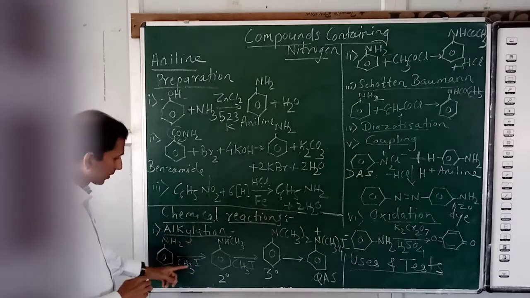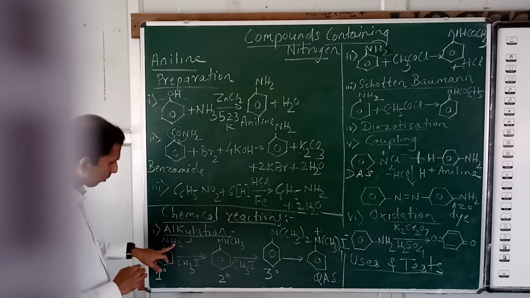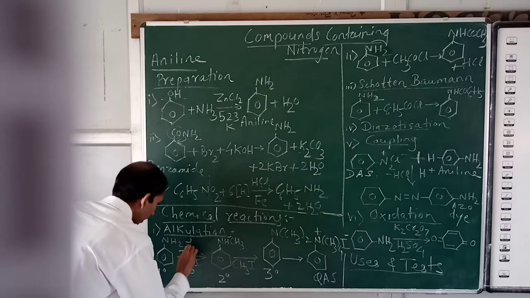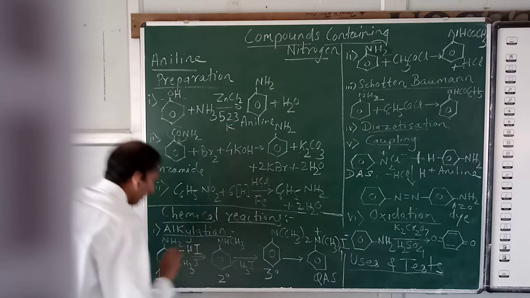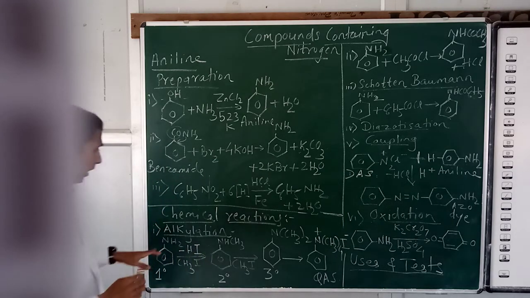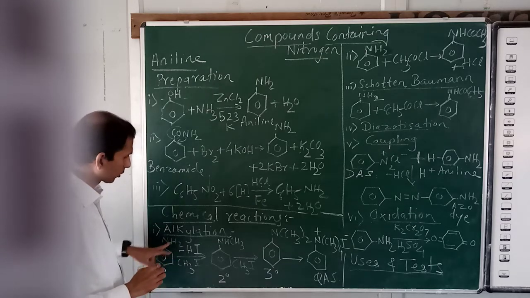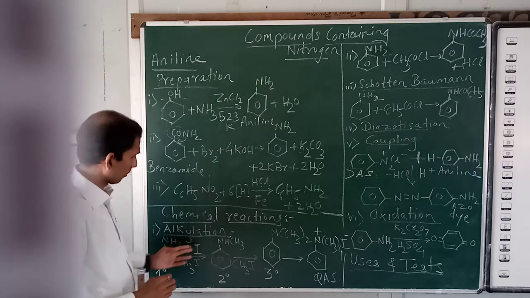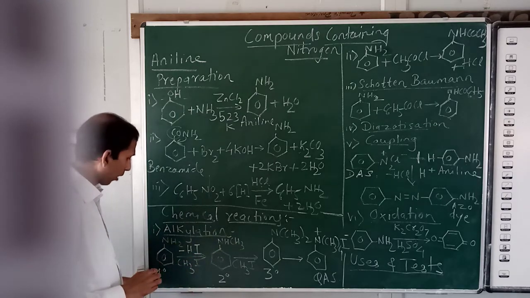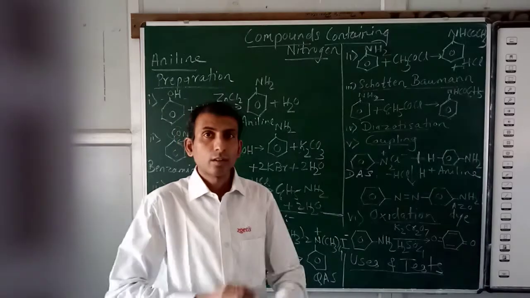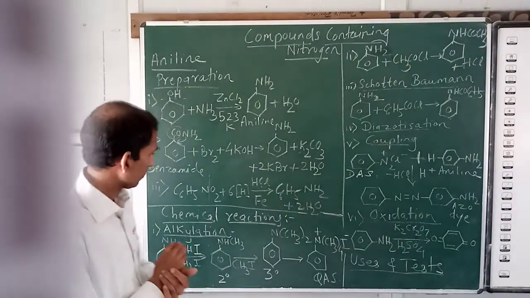You add CH3I. What happens here? H from here and I is lost as HI. So that we can show here minus HI. Okay, so you will get NH, CH3 gets attached to nitrogen, NH-CH3, minus HI. So from primary amine you get the first product here, that is